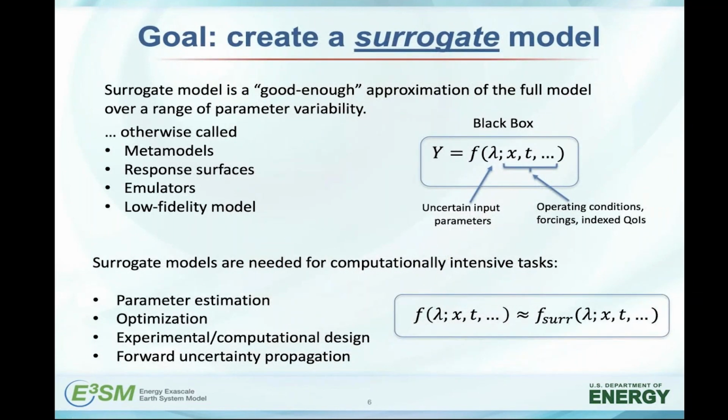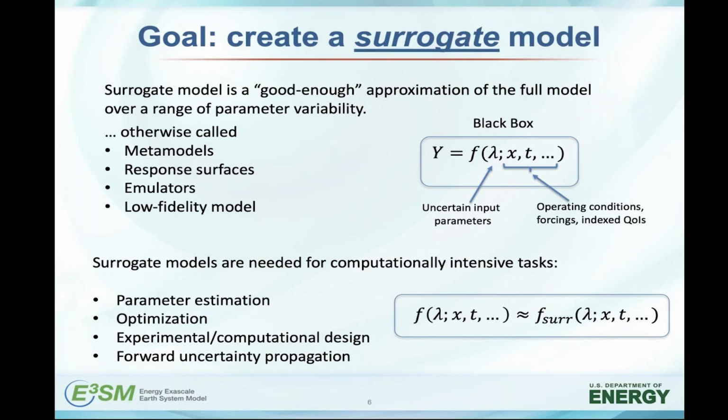So as I mentioned, one of our goals for creating these ensembles is to use that then to create a surrogate model. So what's a surrogate model? What we define that as is basically a good enough approximation of the full model, the full ELM, over the range of parameter variability that we're interested in. There are a lot of different names for these types of approaches. You might know them as meta models or response surfaces or emulators. But the point is basically it's a black box that takes in the same uncertain input parameters that the full ELM takes, and